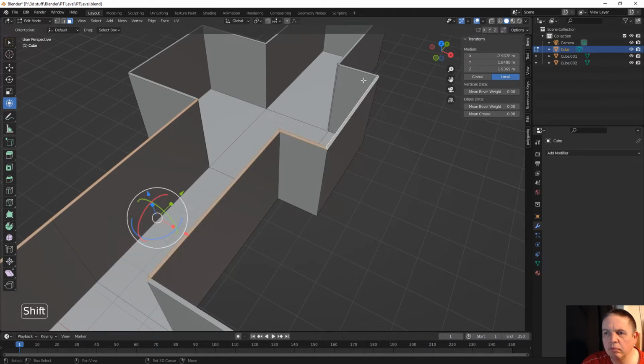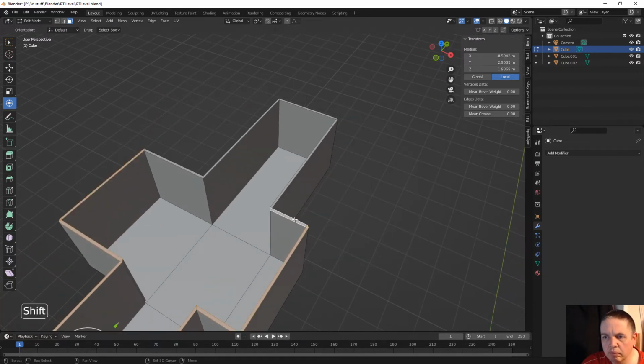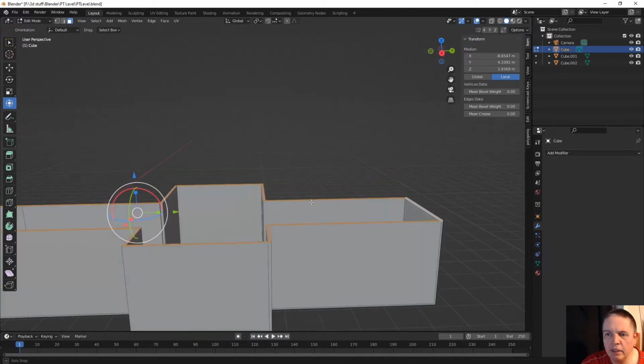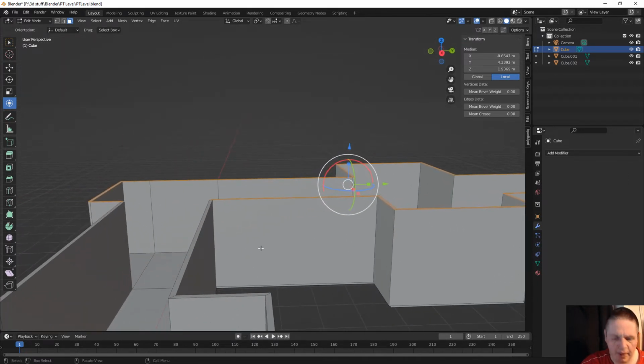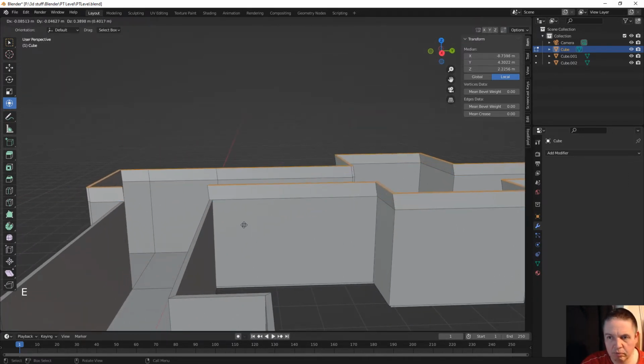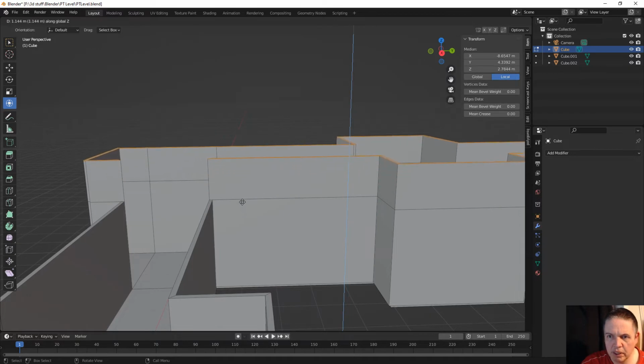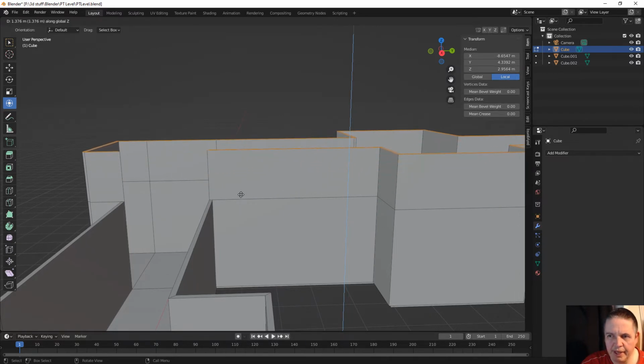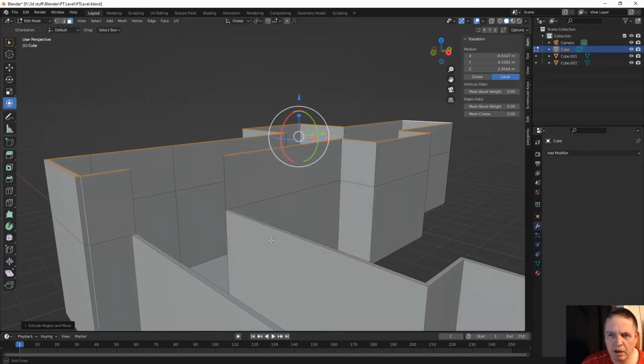Well, whoops, I don't want to select that one. All the way along, and then we're going to extrude on the Z like that. I can't remember how much higher it was,